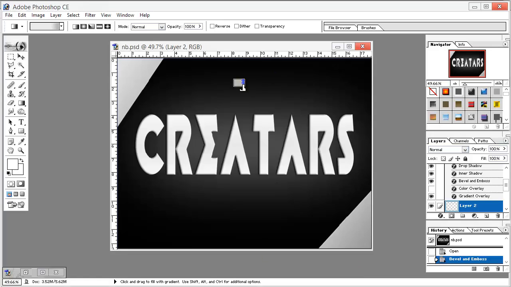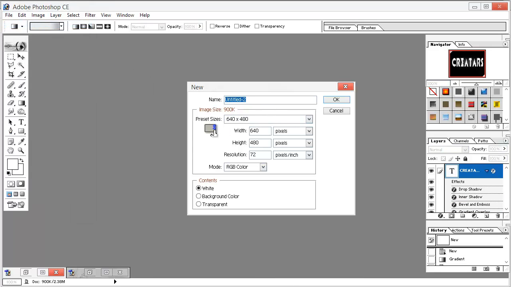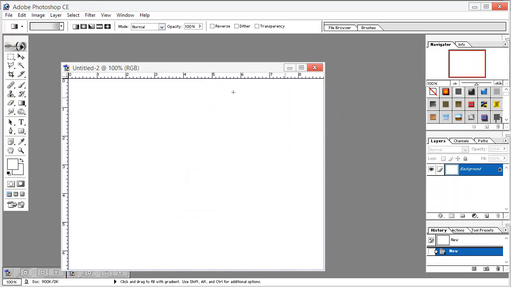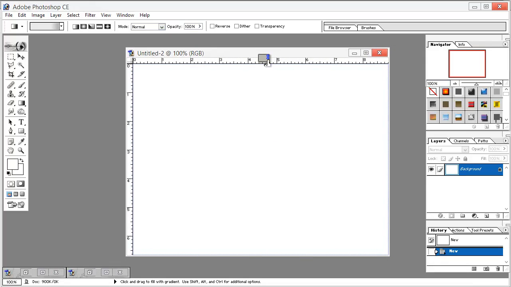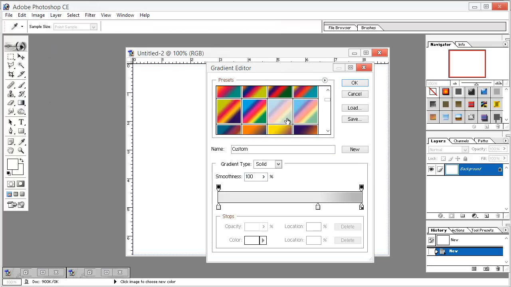Now let's minimize this and just jump into the tutorial. Just go to File, New, select the preset size of 4640 by 480, and you can even give it your name and hit OK. Now what we do is right click here and go to the paint bucket, and right click on the paint bucket, go to the gradient and click here once and choose the gradient